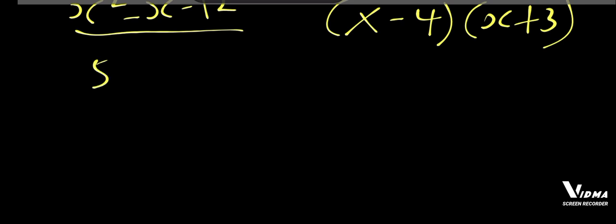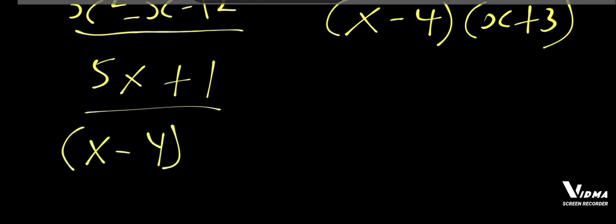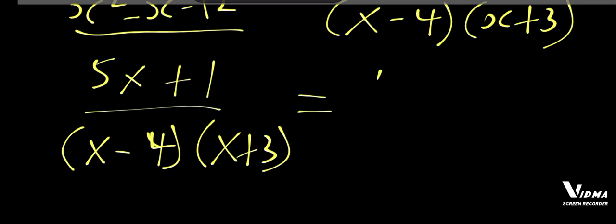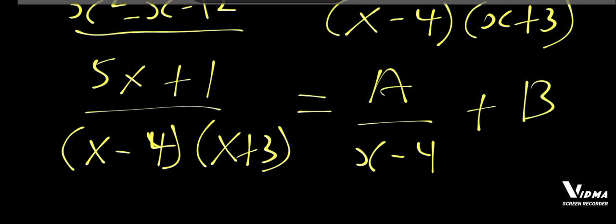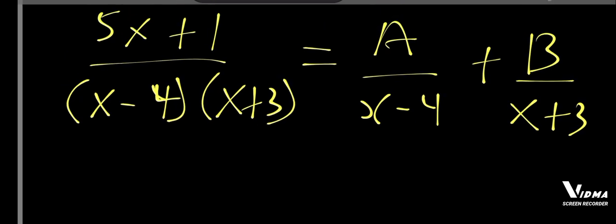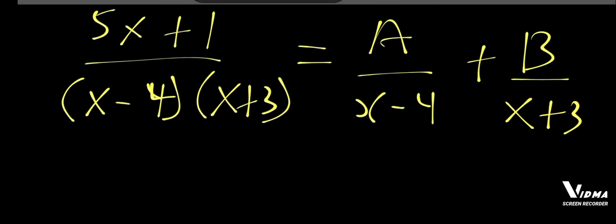So we have (5x + 1) over (x minus 4)(x plus 3). So we equate it to A over (x minus 4), plus B over (x plus 3). So at this stage, you would agree that I will now try to find the LCM here,